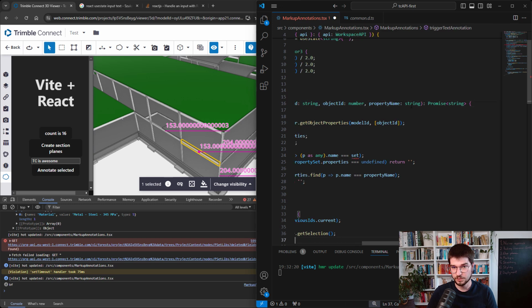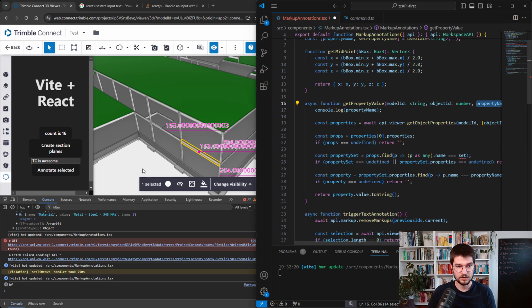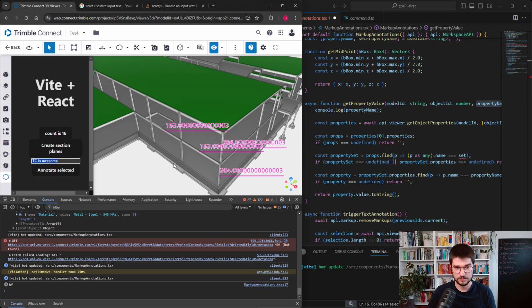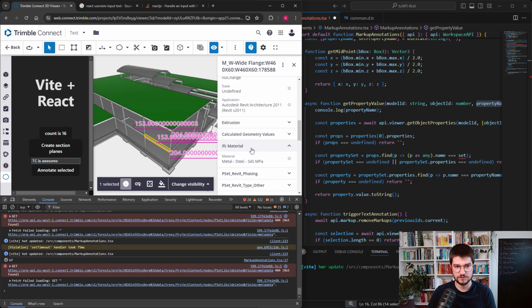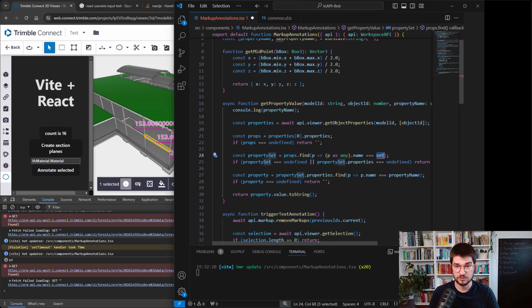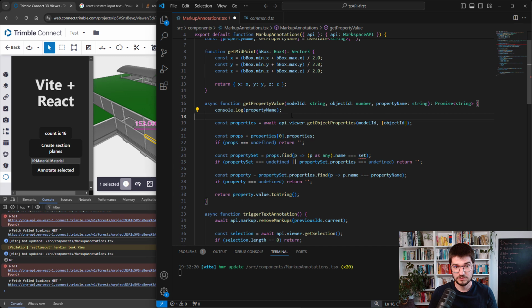because now we need to split our single value, because what I want to do, maybe too much at one point, is provide here the concatenation of the property set name and the property value name. So where it was, I have C material. I will demand from the user that he will provide it in such a way on that stage. So I have C material, that material. So everything that is before the dot is the property set name, and what is after is the property value name. So now I have to split what I am getting, this property name, into two different